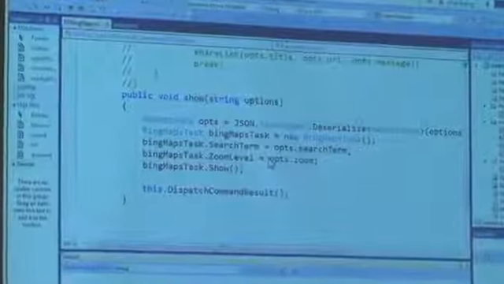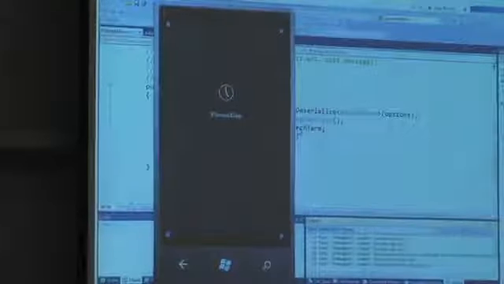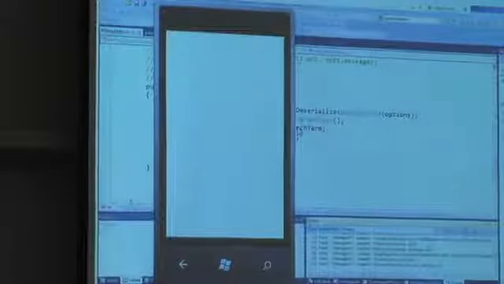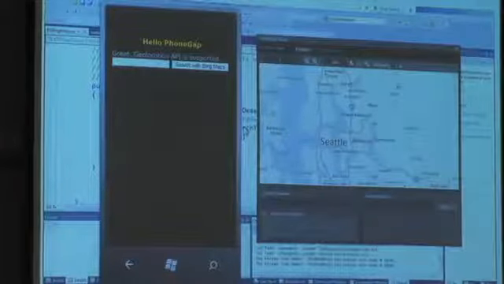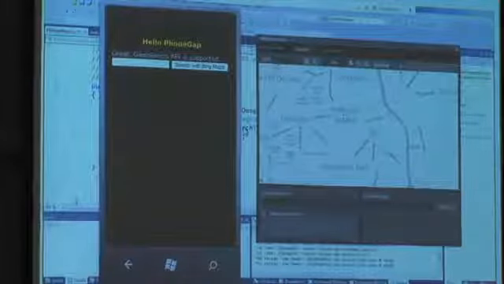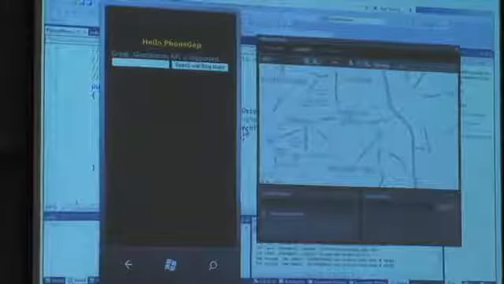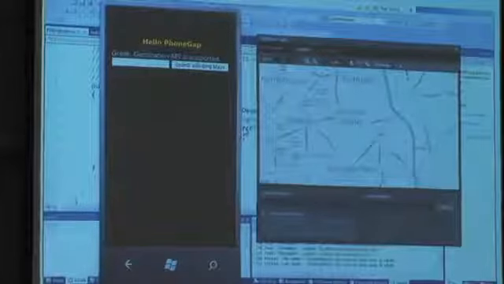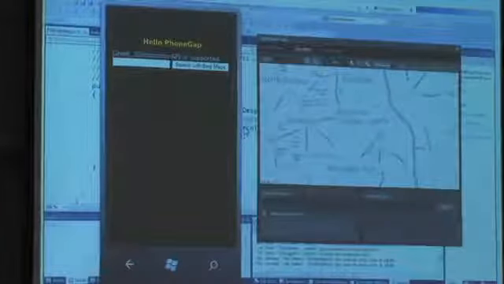Let's go ahead and run this. I'm going to simulate my location services. So in my emulator, I'm actually going to pretend I'm at a certain location. I'm going to put 30002, which is Atlanta. I'm not actually in Florida, as Edwin said. I'm in Atlanta. And this detected the geolocation API is ported. So if I set my point right here, that's going to be where the application and the phone emulator thinks